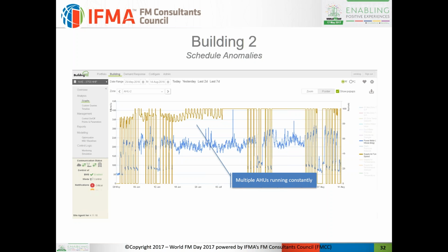Here's another one. This is the one we decided was a schedule anomaly. This is what we would call an operating error. And basically what was happening is the set point was set, but the heating and cooling were fighting against each other to maintain that set point. So kind of a doubling up of the air handler load. So again, looking at the data, looking at the energy, and knowing best practices, we are